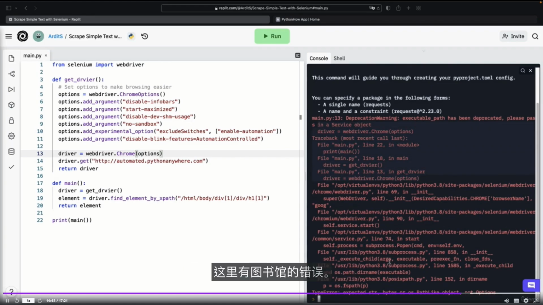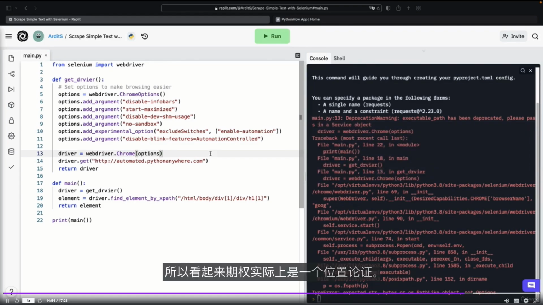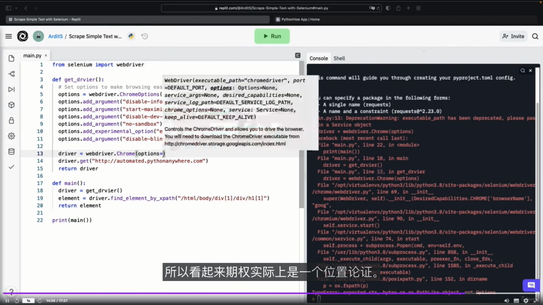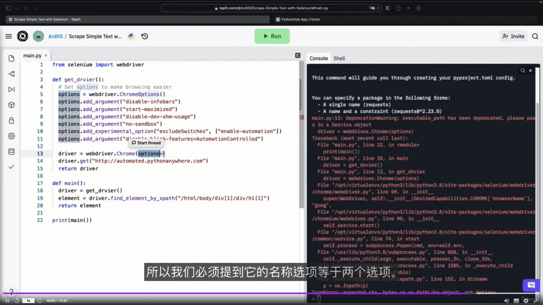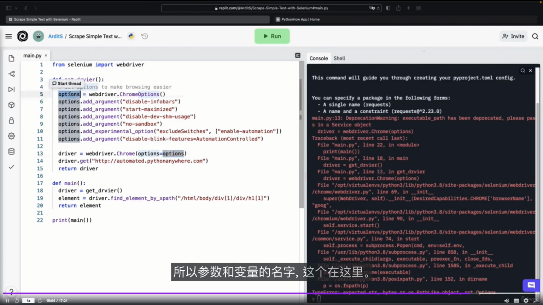Then we have library errors here. So line 13 is this options. So it seems that options is actually a keyword argument, so we have to mention its name, options equal to options. So the name of the argument and the variable, this one here. Right, so let's run again.